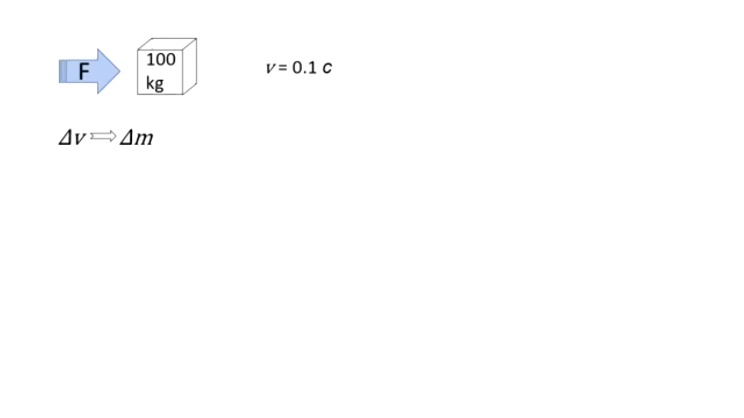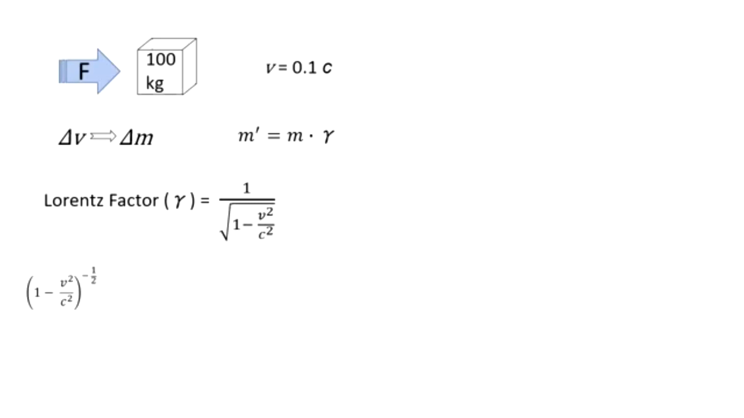The mass increase is given by the Lorentz factor. We multiply the rest mass by gamma to determine the moving inertial mass. We'll call it m prime. The Lorentz factor is 1 over the square root of 1 minus v squared, divided by c squared. We'll rewrite it like this, and, given that v is much less than c, we'll use the binomial expansion method